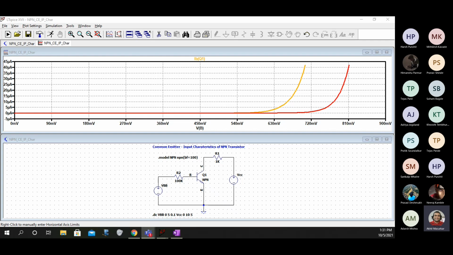Tejas Patil, Kushi, I cannot see your outputs in the chat box. Soham.